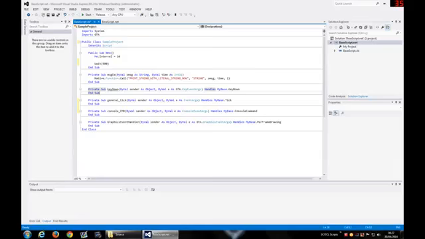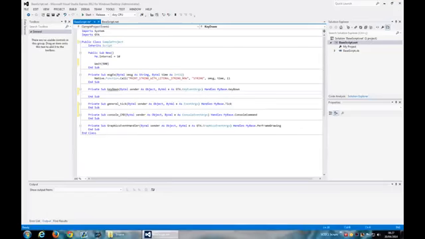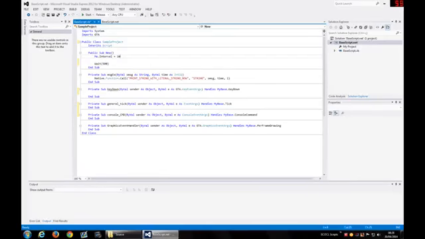The KeyDown event happens when the user presses a key on the keyboard. So when the user presses a key, this event will be called, and we will have access to what key he pressed in this method. The general tick is a method that happens each 10 milliseconds. Each interval we have a tick.